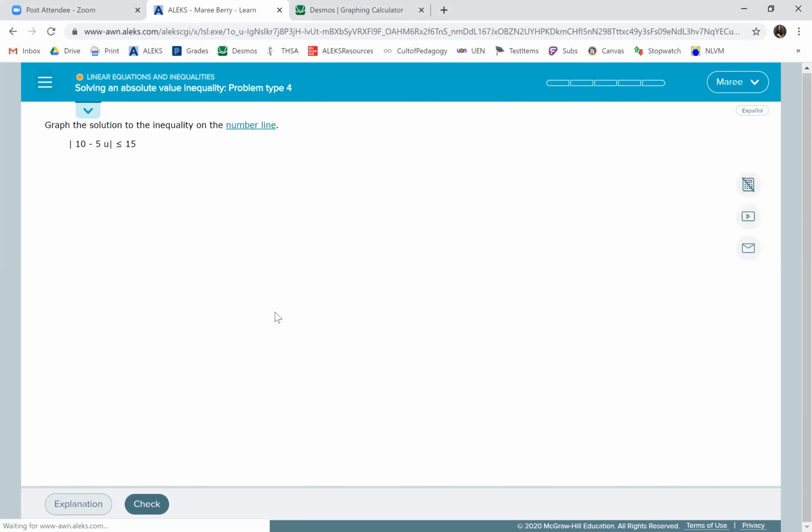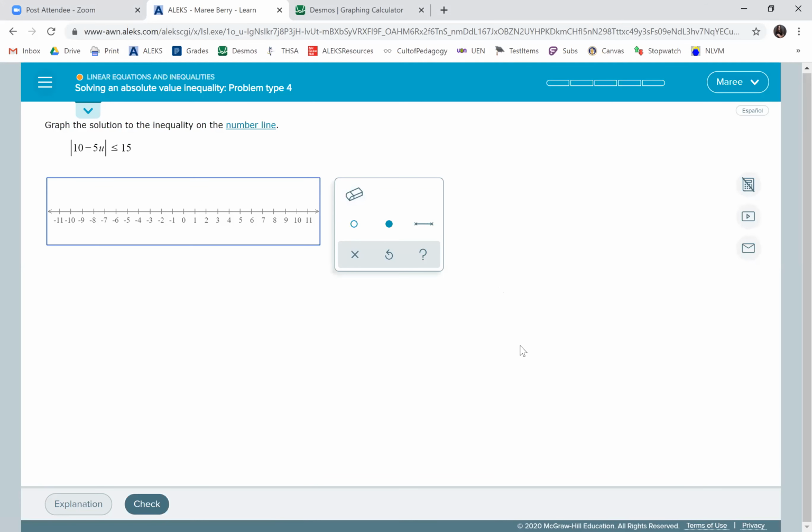negative. It's always positive. So we have less than or equal to 15, which means it's going to be between negative 15 and 15. And what's between is the 10 minus 5u. So we're going to subtract 10 from the two sides and the middle. And we have negative 5u is between